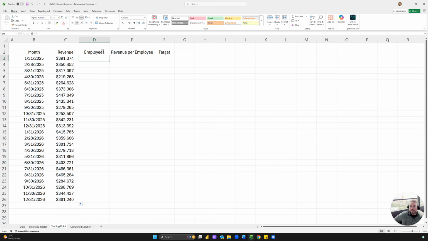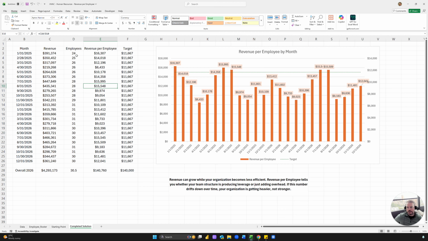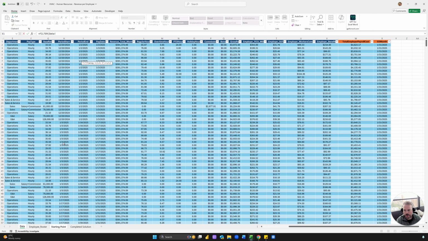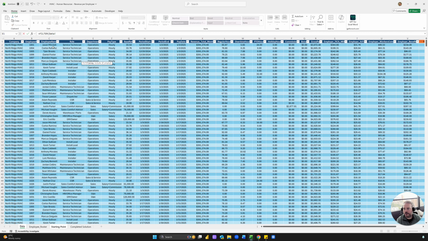So the next one, to get the number of employees, is actually a little bit tricky. It's not like a count of the number of employees. You need to use a new function called the filter function. And what we're going to do is filter out any employee. Let's see, what are we doing here? Employee name. Any employee name that got paid in this month, right? So equals filter. So we want to filter, we can just filter the employee name, comma,